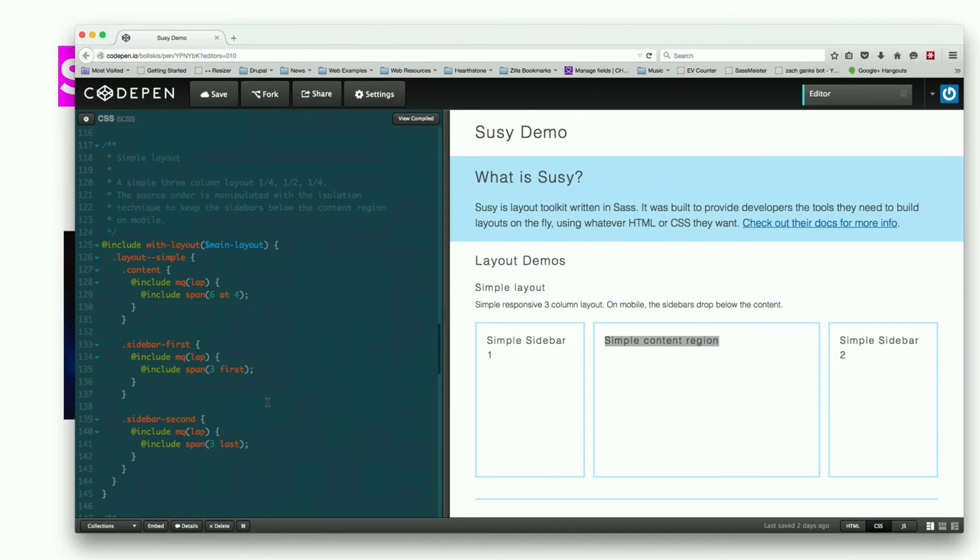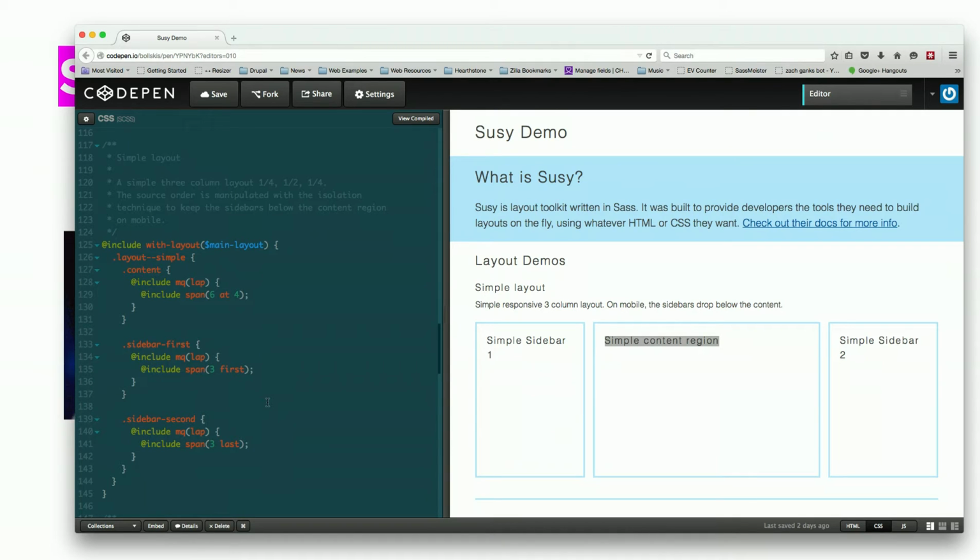So as you can see here, it's just the same include span stuff, and you wrap that in a media query. I use SassMQ, but this is a custom media query mixin. But imagine this is just at media, whatever, however you handle your media queries. You wrap your Suzy code in a media query, and you literally have responsive layouts in, I don't know, 20 lines of code.